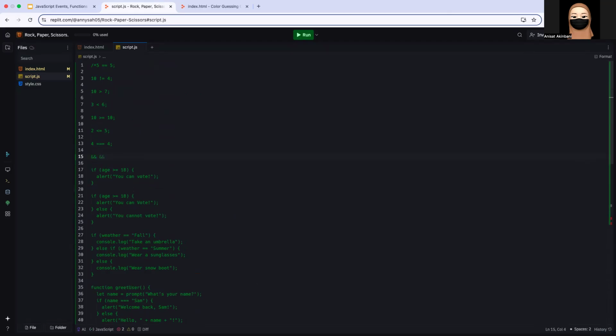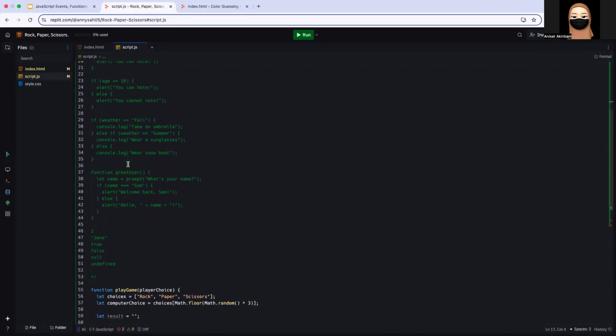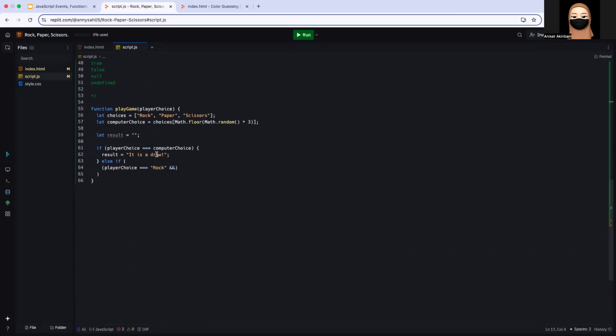And you can use and in JavaScript. You can use or. This is how you write or in JavaScript as well. So this is and, this is or, okay? In JavaScript, you use the and operator and the or operator. So if you want to combine two things inside of one, say Jane and John, so if Jane and John is of age, or if you want to say Jane or John. Because we want to compare two values together, the player choice and the computer choice, we are going to use the AND operator, right? So if the computer choice is strictly equal to scissors,